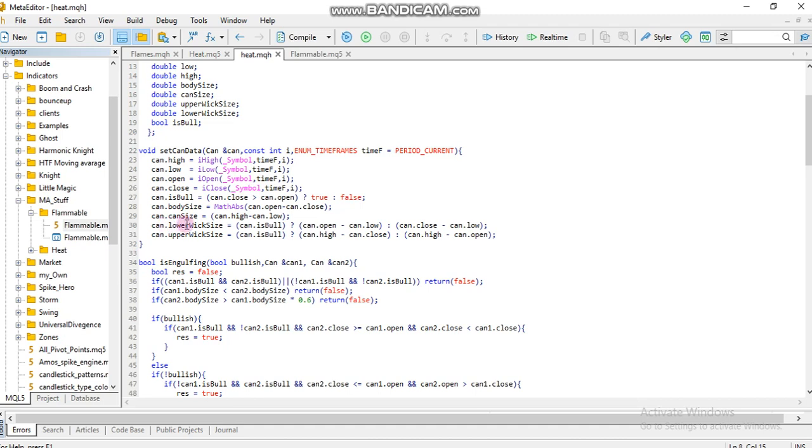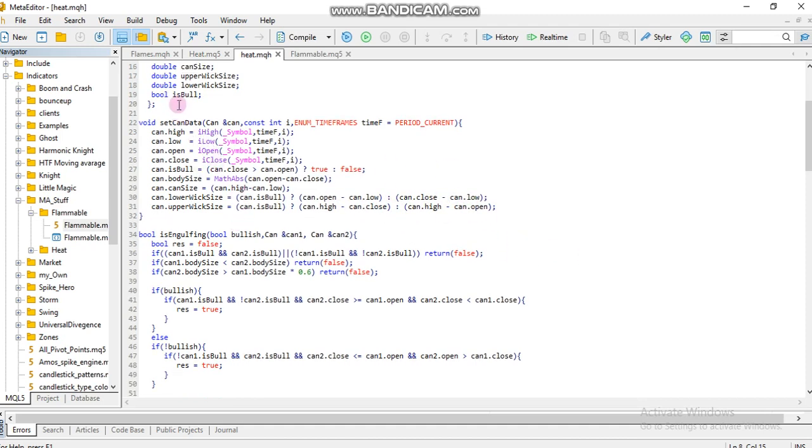And here I'm calculating the lower wick. Again, for this one I need to know if it's a bullish candle or not. If it's a bullish candle, I'm going to have to say candle open minus candle low, and if it's not a bullish candle, then it's candle close minus candle low. The same goes for the upper wick. If it's a bullish candle, then candle high minus candle close, and else the other way around. Then we'll process that, and after that we would have successfully set all the candle data we need